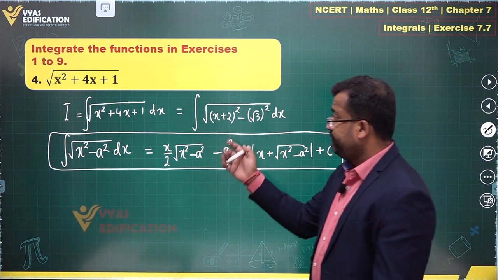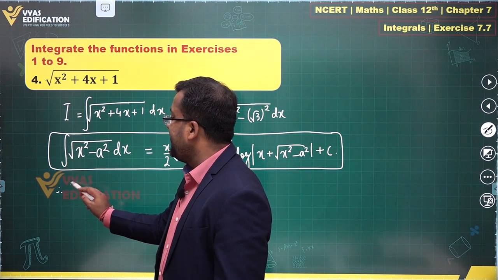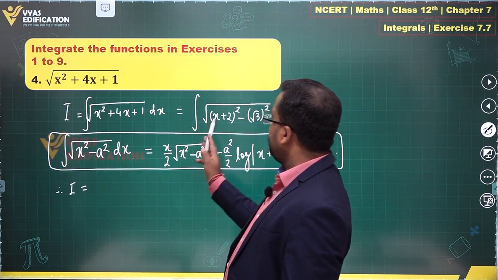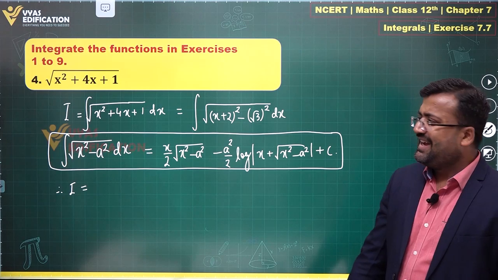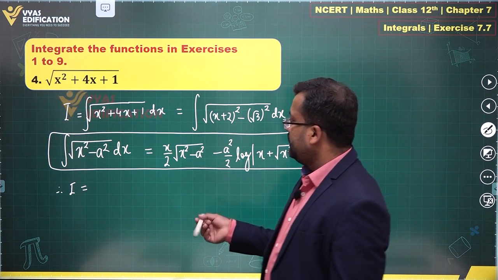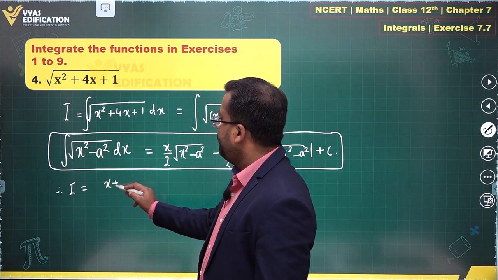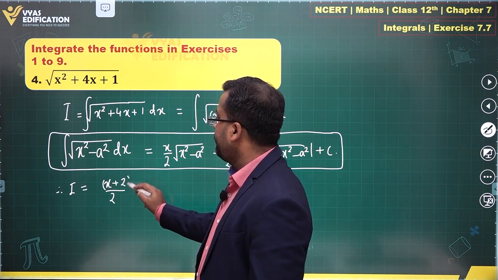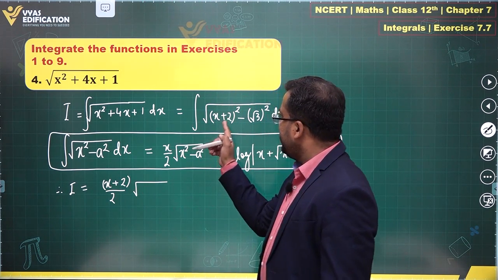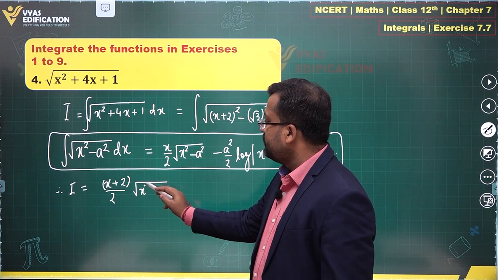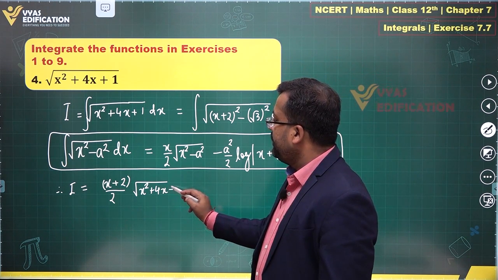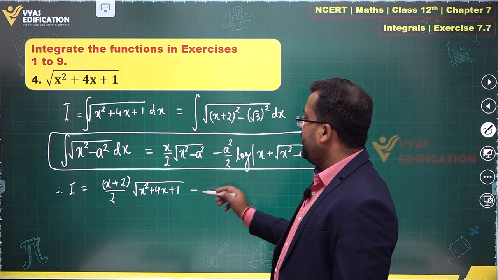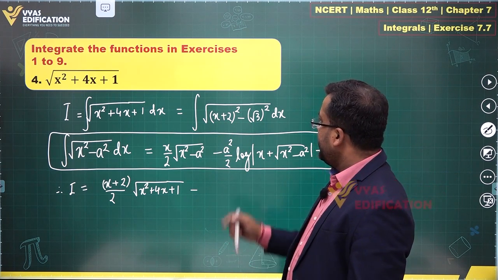And how do we apply that? Therefore, I becomes equal to what? Instead of x, you have x plus 2, which is okay. You divide by 1 at the end. Instead of a, you have root 3. So this becomes x plus 2 upon 2 under root of x square minus a square, this minus this, which is nothing but x square plus 4x plus 1,